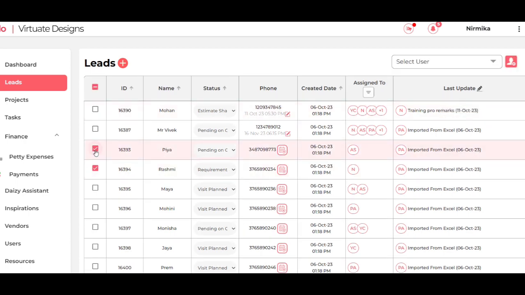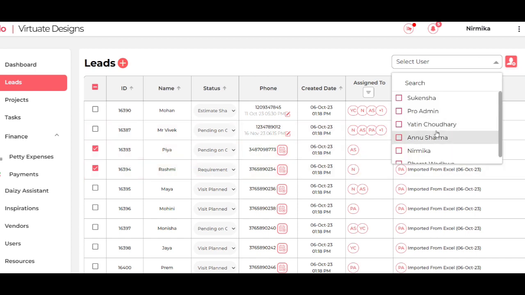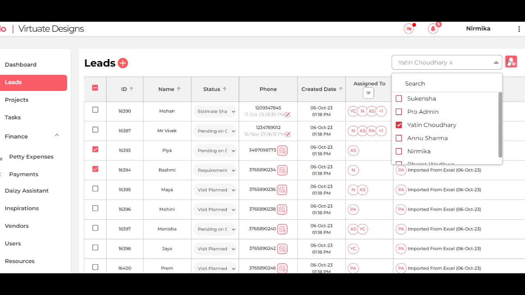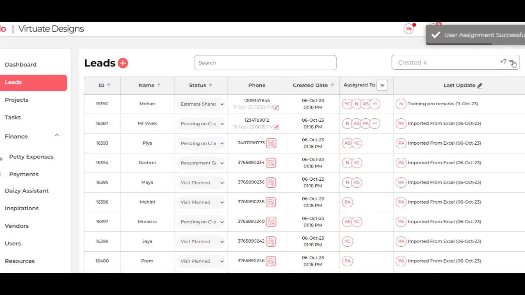Maybe I want to assign somebody. These two leads I want to assign to somebody. So I will just select one user and then click on this particular icon. So this particular user will be assigned for these two leads. Next is